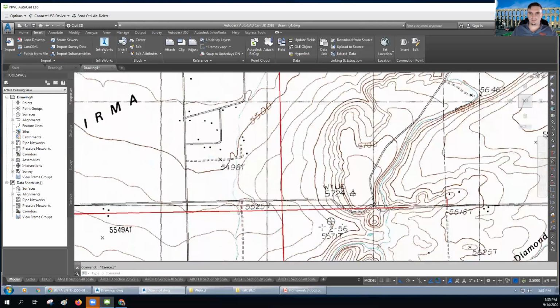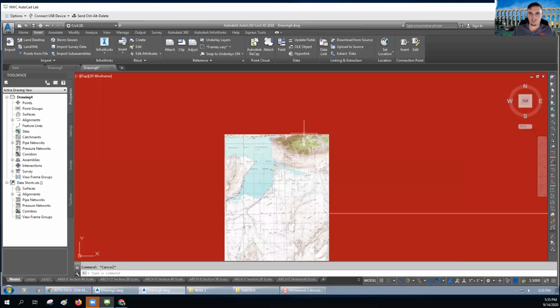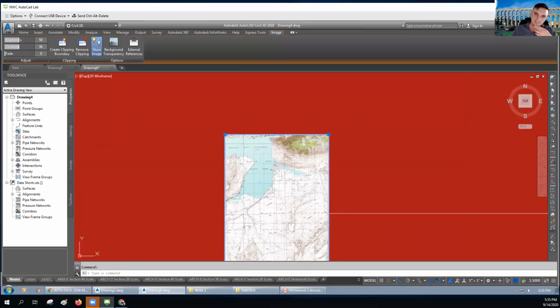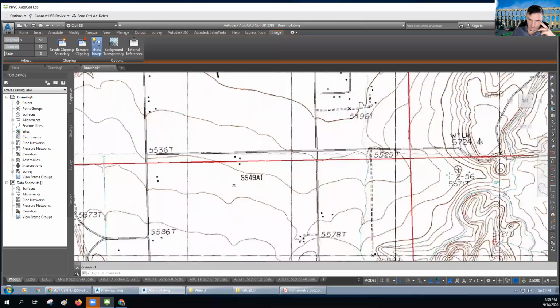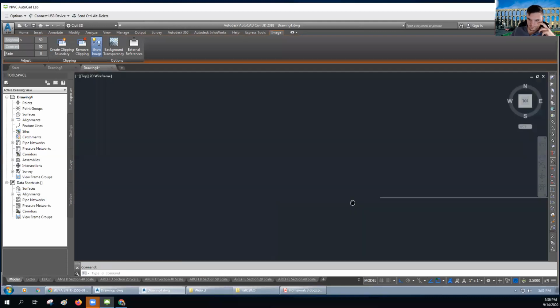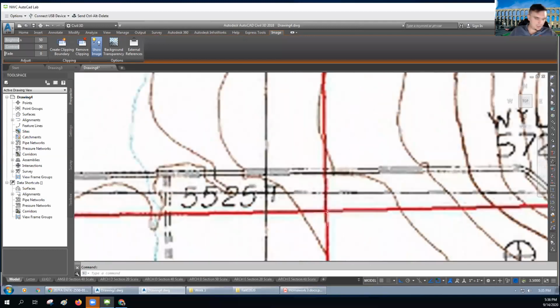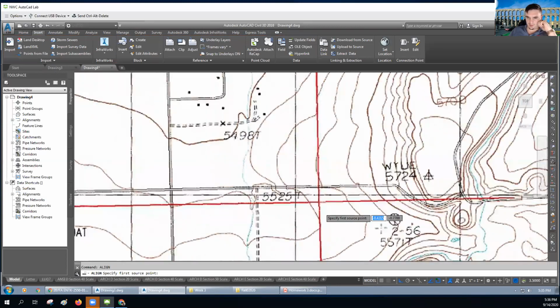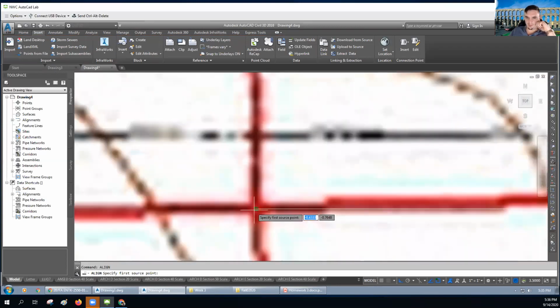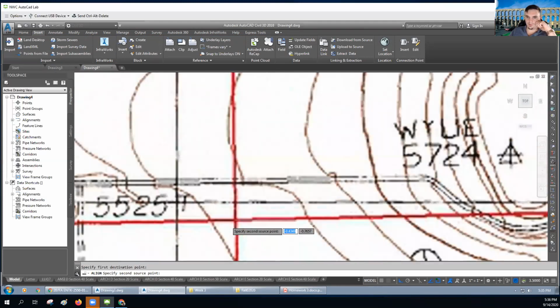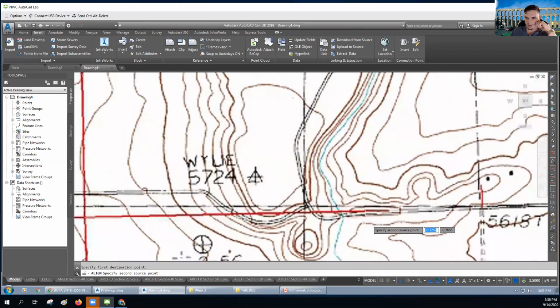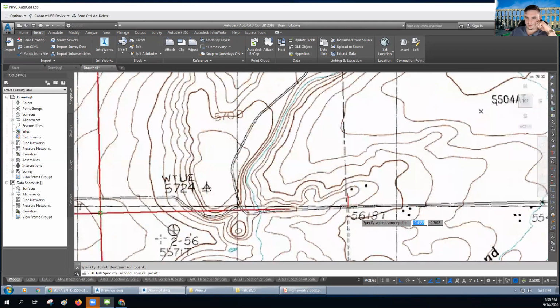Now I want to scale our picture, right? So select this guy. Boop. And what you can do, instead of actually using the scale command, we can just skip right to the align command on this one. All right. So I have my picture selected. I'm going to type align. Okay. And then our first point is already in the right place. So just double click on that guy as the source and the destination. And then the second source point, we want to go to the end of the section line,